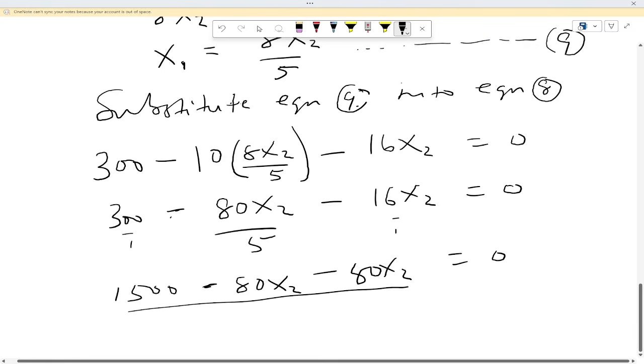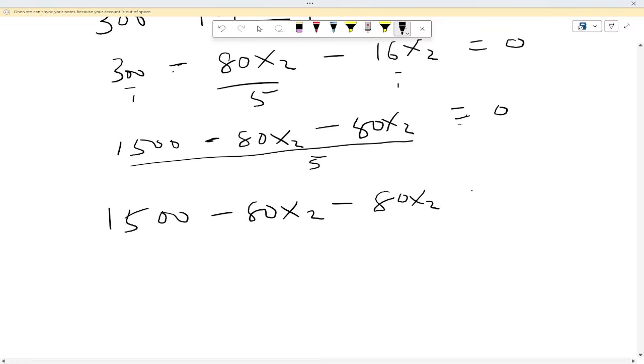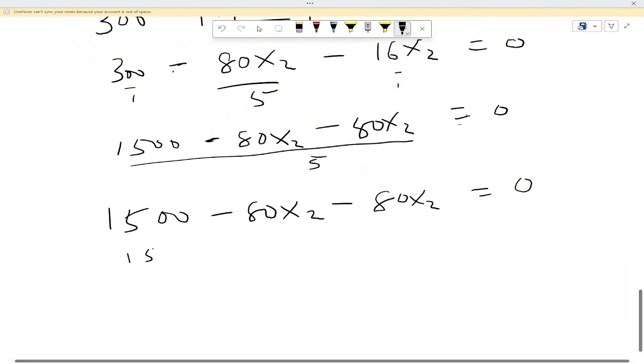Now here everything is all over 5. But when you cross multiply at the end of the day, what you have now is 1500 minus 80x2 minus 80x2 equal to 0. So minus 80x2 minus 80x2 is equal to minus 160x2